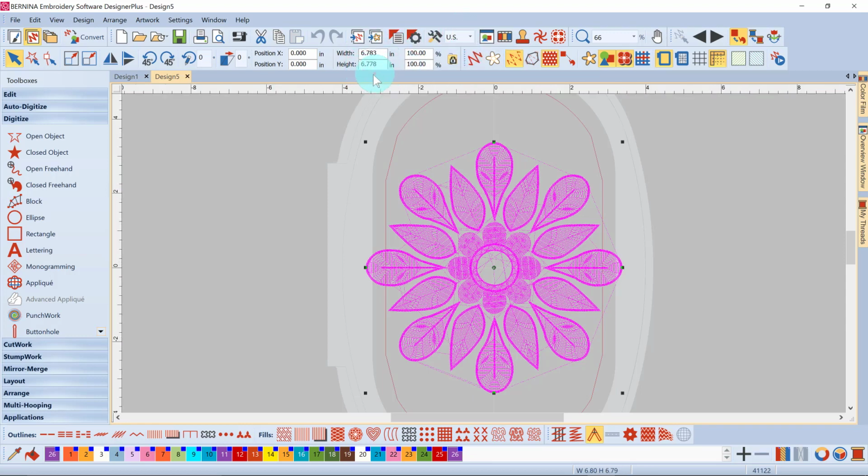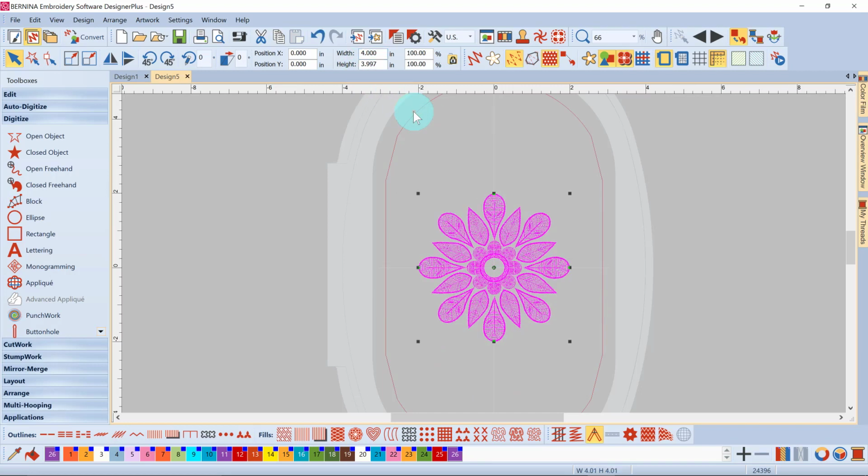And what I would like to do is bring this down in size. There's a couple of ways I can do this. If I wanted to keep it proportional, you see how there's a little lock box here? This is proportional scaling. I could come up here and swipe the number out and type in the number 4, so 4 inches. And you'll see the other number changed accordingly